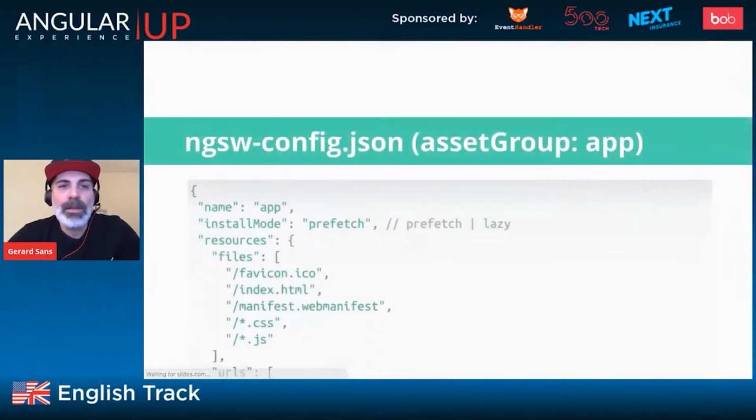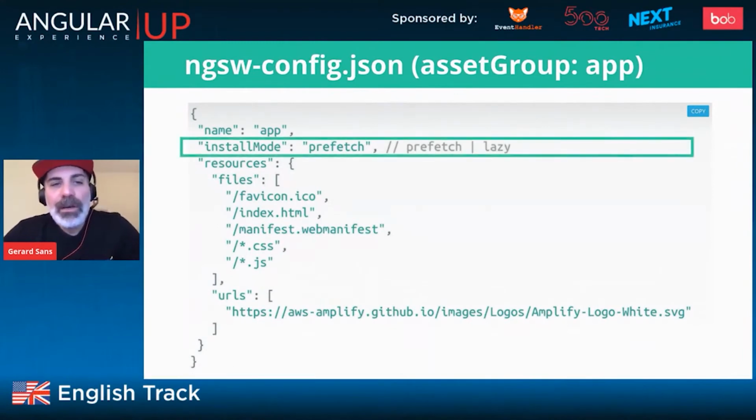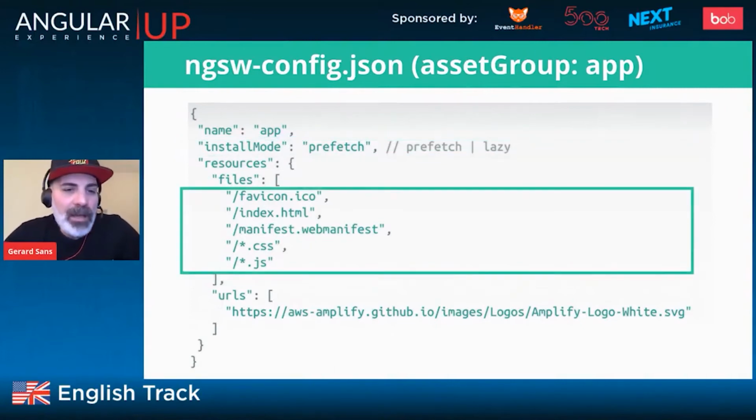So let's look at the first one, which is the app asset group. And here it is using what is called the install mode. We have two options, prefetch and lazy. And the app asset group is using prefetch. So that's going to be preloading all these assets that we include in this asset group, and they will be available once we install the PWA. So we have the resources, and we have different files, and we can use some of these patterns. We can see that we included the index.html, we included the web app manifest, and all of the assets